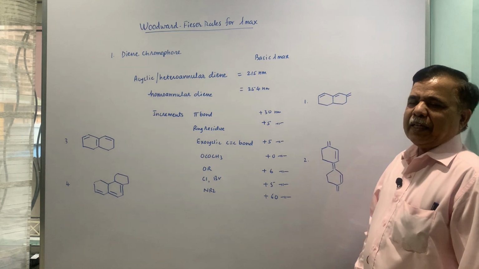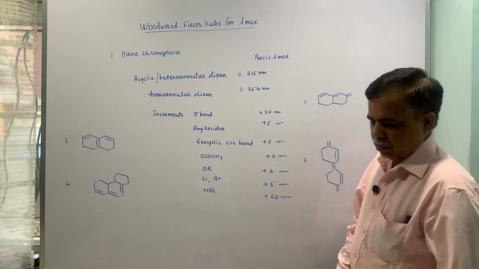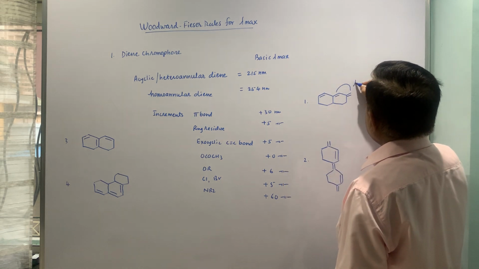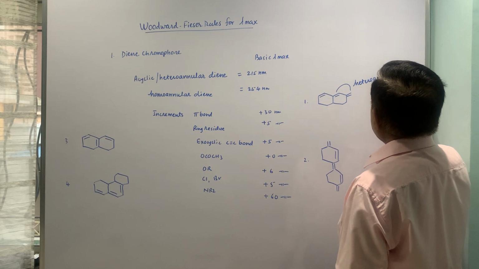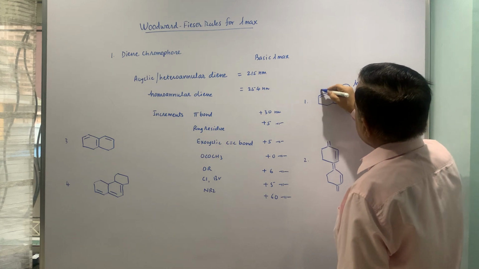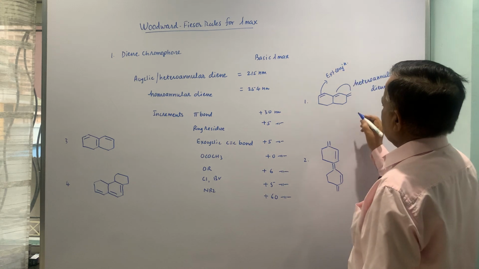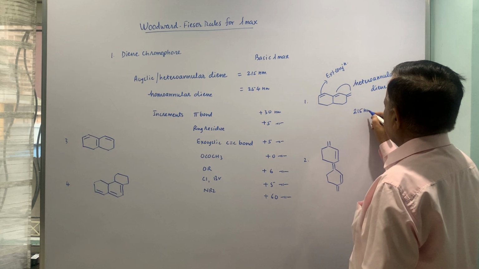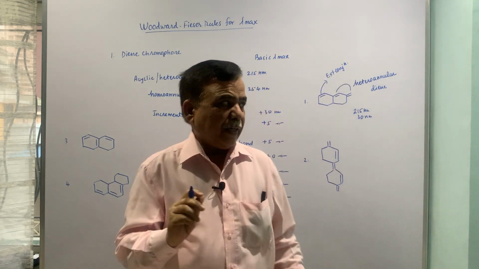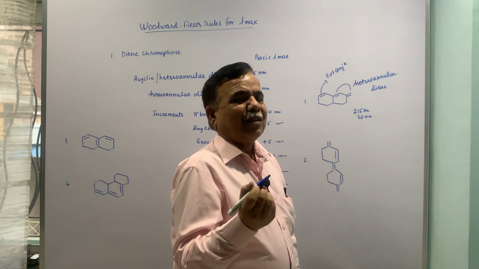There is going to be an extra double bond in conjugation, or extended conjugation, you can say. So I will just put it on the top of this. Let us say this is the heteroannular diene, and this is the extended conjugation. So the heteroannular diene is 215, extended conjugation is plus 30. Okay, these two values. Then you have to mark the alkyl groups.